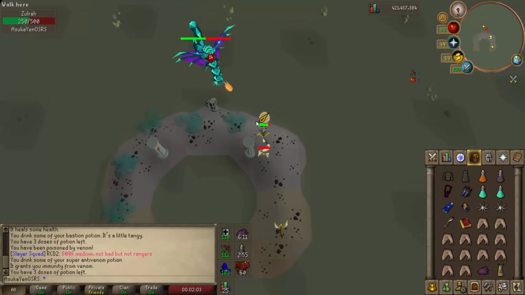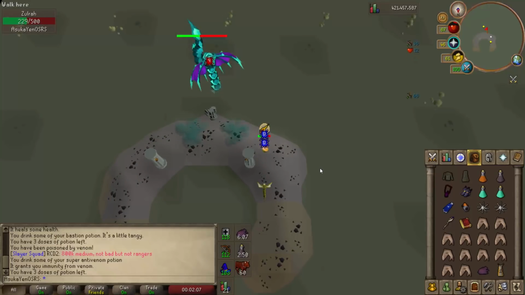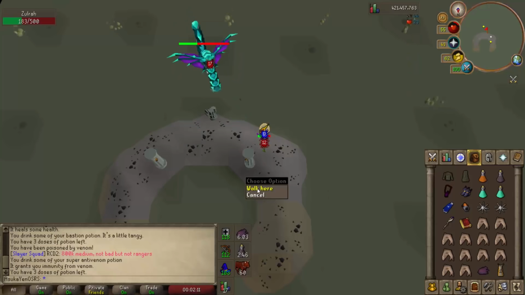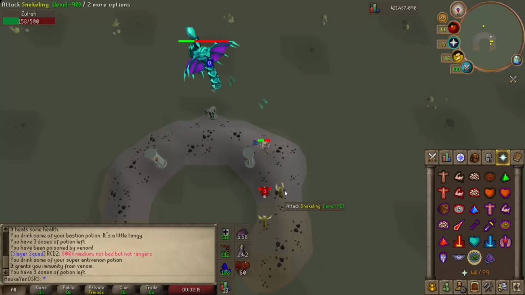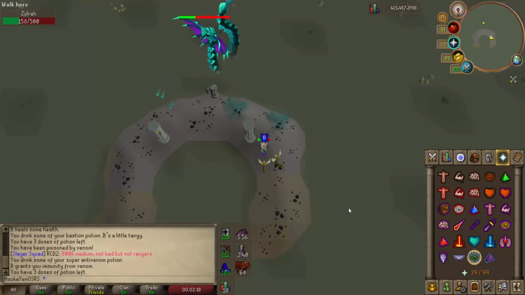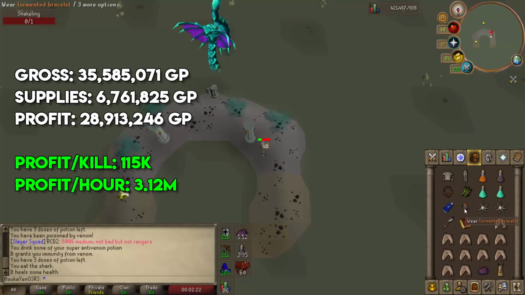Now, I only did 3 kills per trip with this because when I used the Imbued Heart, I could get 3 kills in, pick up the loot, and return and bank, and by the time I returned to start the next trip, my Imbued Heart was ready to go again. I ended up getting 27 kills per hour with this setup, giving me a gross value of